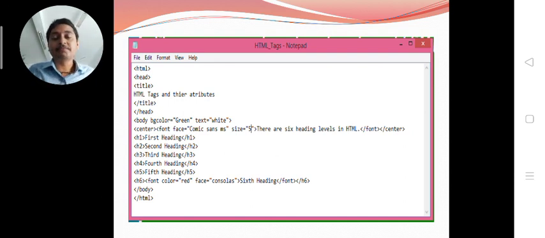But if we define a special color for any particular text, that text will follow the color given nearest to it, in whichever container, font, or tag the color is changed.